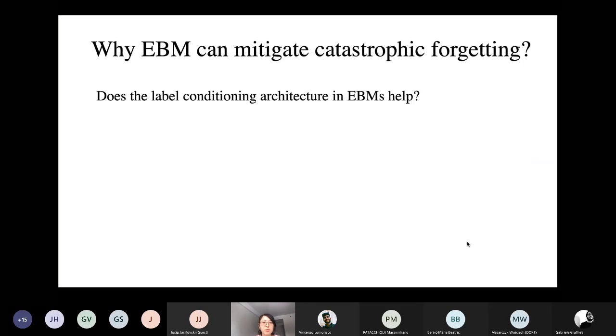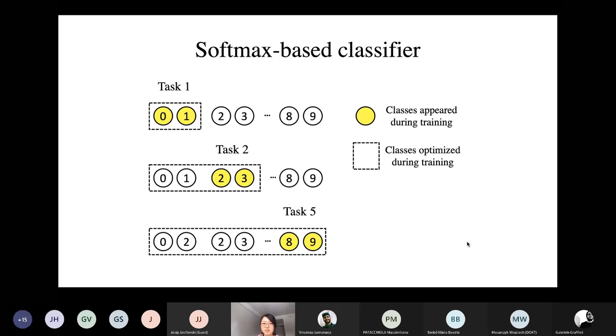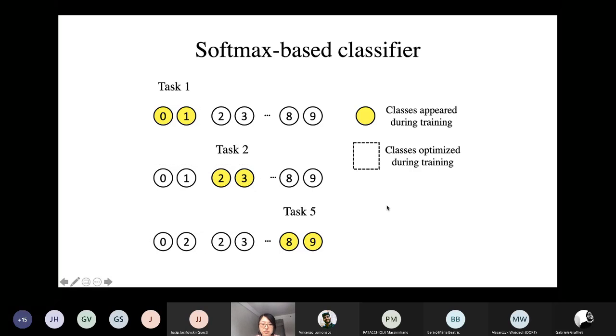Another reason why the energy-based model is better is because of the label conditioning architecture in energy-based models. So we also did an experiment to test this. This is the original softmax-based classifier. And the labels in the dashed box are the classes used during training. But now, instead of using all the same classes, we only do the normalization over classes in the current batch.